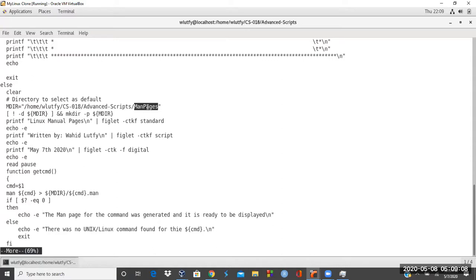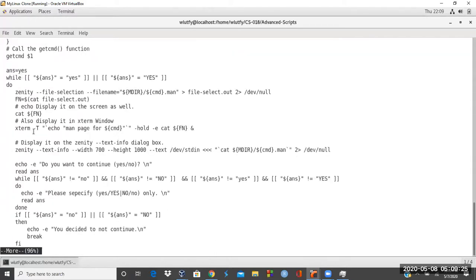And then on that page, whatever the directory is, I'm going to just look at, and then on the Zenity file, when I do that command, it is going to run my command right here,